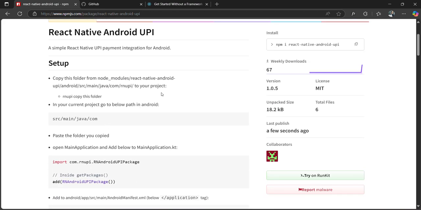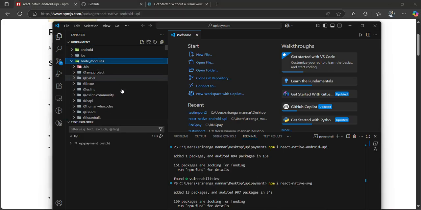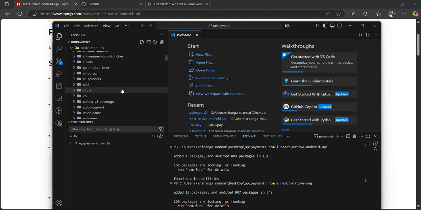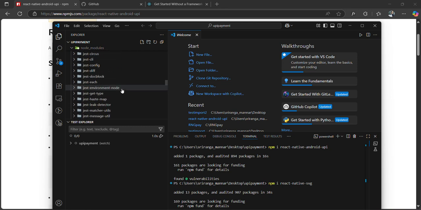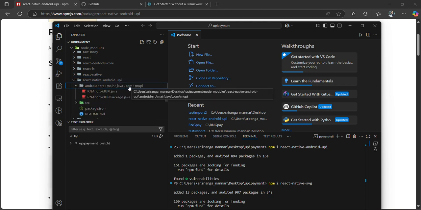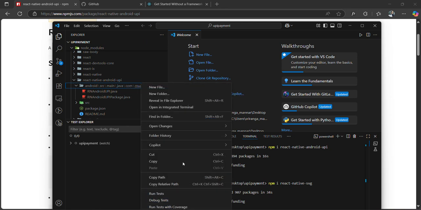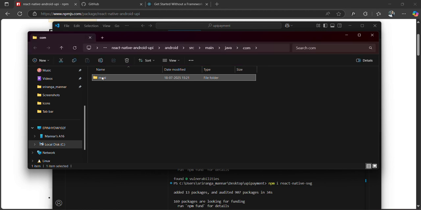So first of all, after you have installed the package, the next thing you have to do is go to the node modules and search for the installed package, which is React Native Android UPI, and copy the file or folder. So you have to copy this folder here, the RNUPI, and in file explorer, just copy this and